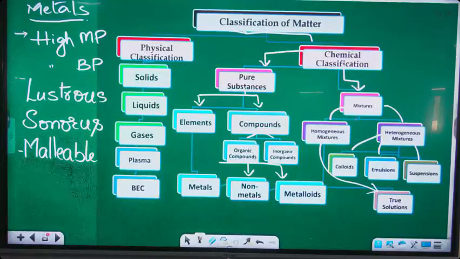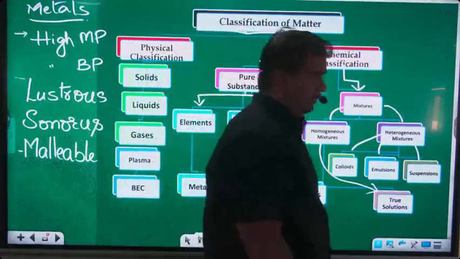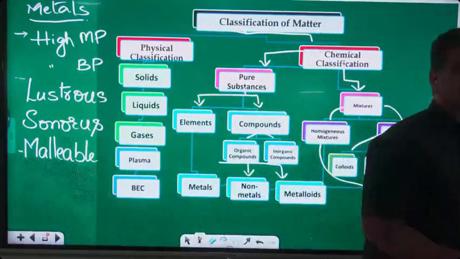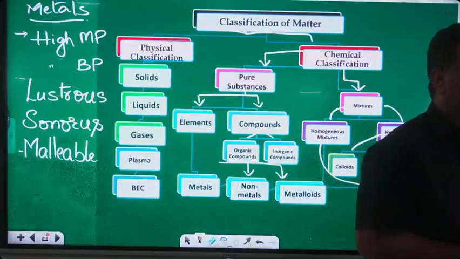Now, the question is that what do you mean by malleable? What do you mean by malleability? Now, for example, suppose that someone is giving you 1 gram of gold,